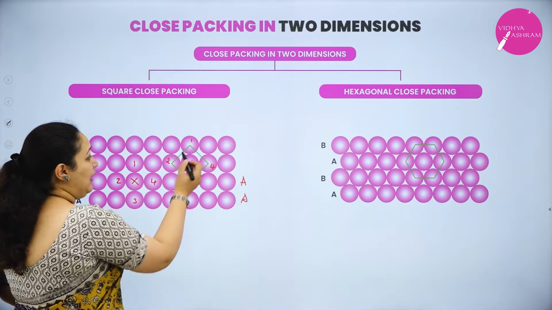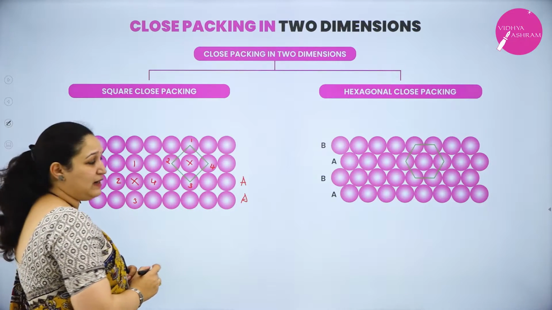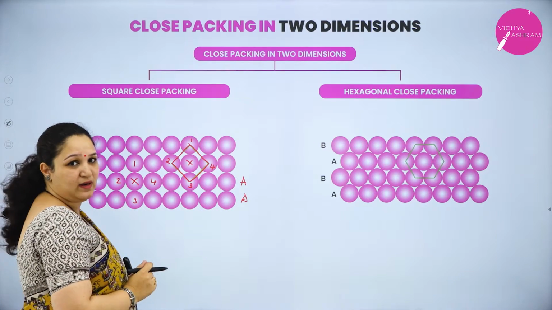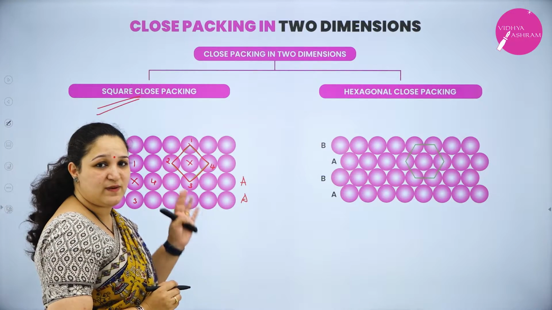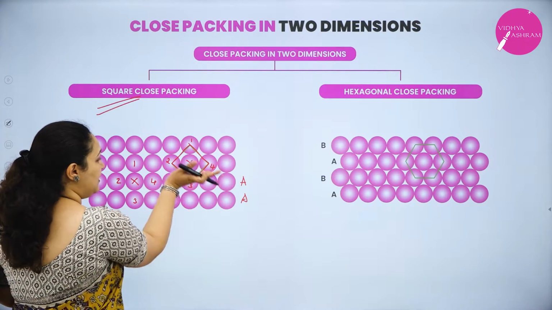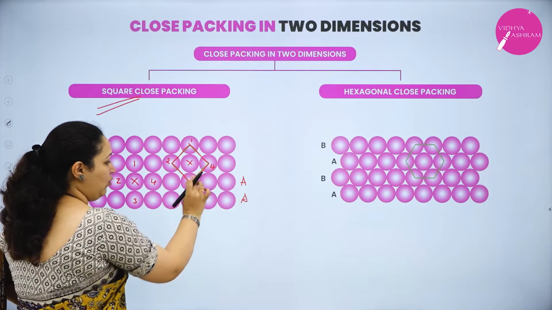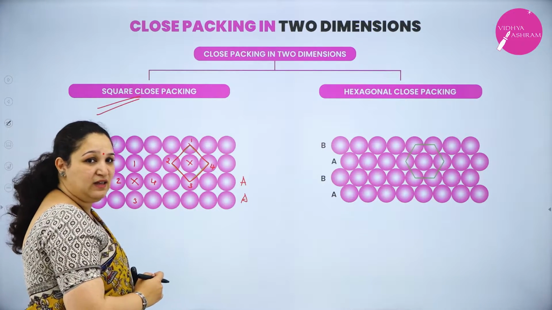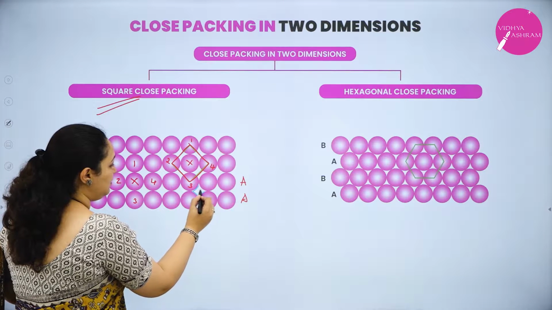So, now if the centers of these particles, of the coordination particles, if I take and if I join them, I am going to get a square. That's why we are naming them as square close packing. One more thing you observe here, they are stacked one over the other, they are exactly over the other. Particles are just above one another. Am I clear? And now you can also observe there are vacant space here.